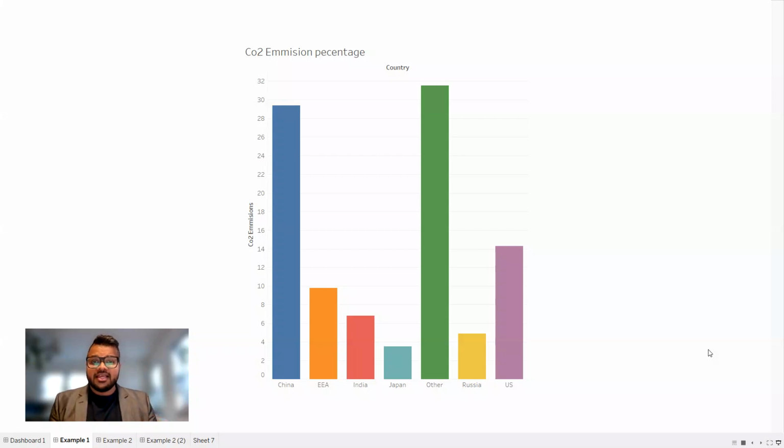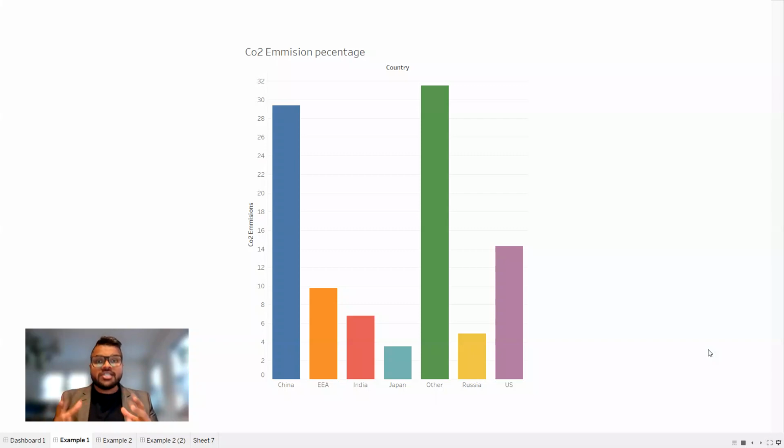Hello, everyone. In this module, we are going to be taking a look at some visualizations and see the kind of information that it conveys. Is it simple or not? Let's get into it. What you see on your screen right now is a visualization of the CO2, carbon dioxide